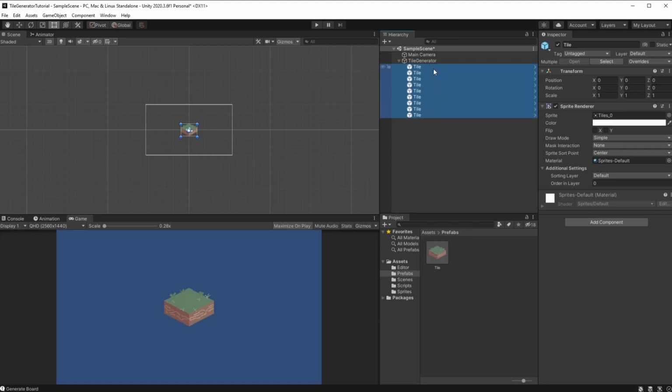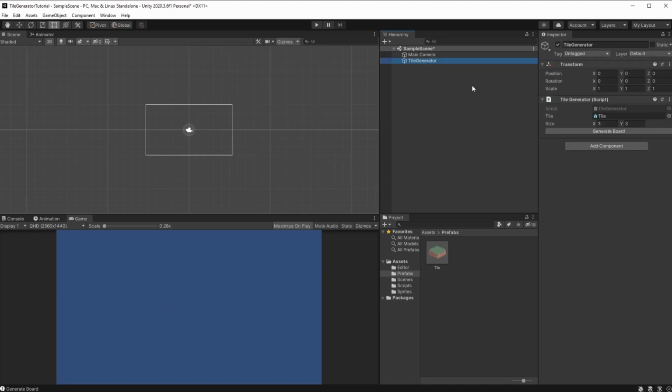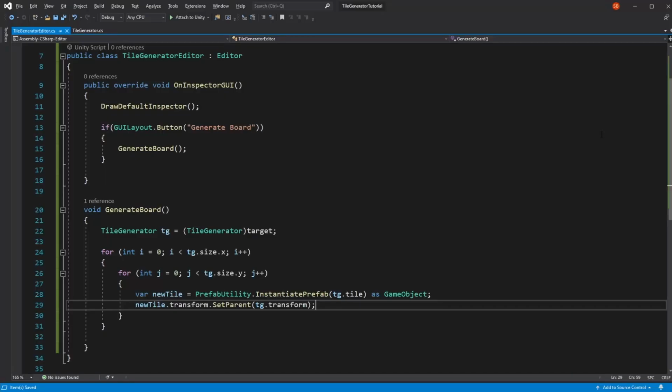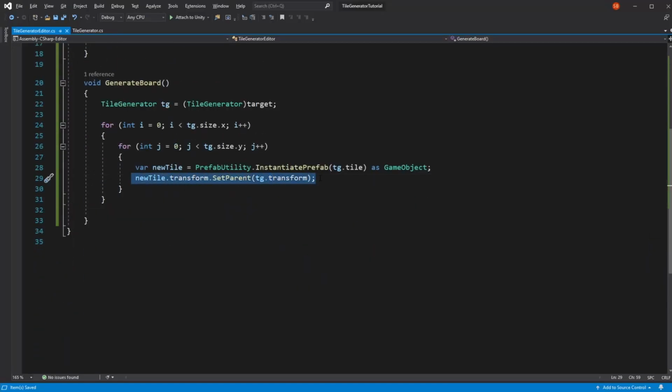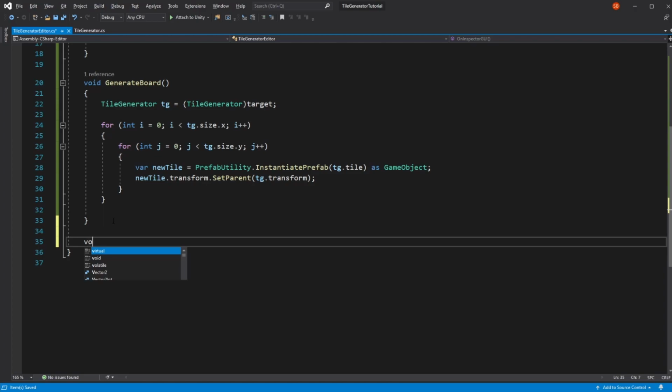But if every time you're going to be generating a new board, you have to come here and delete these tiles, then it's better to have a clear board function that is called before we generate the new board. To do that, because we now have a link between the tiles that were generated and the generator, it's going to be pretty simple. So here we're going to create a void clear board,